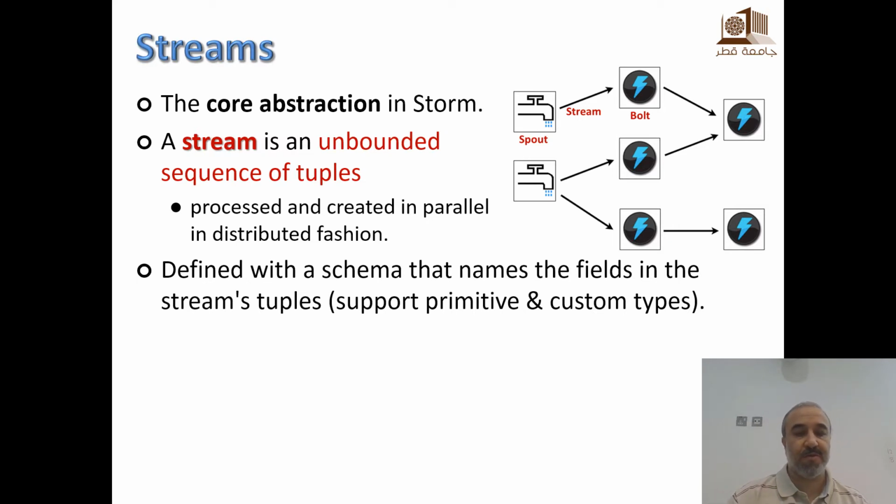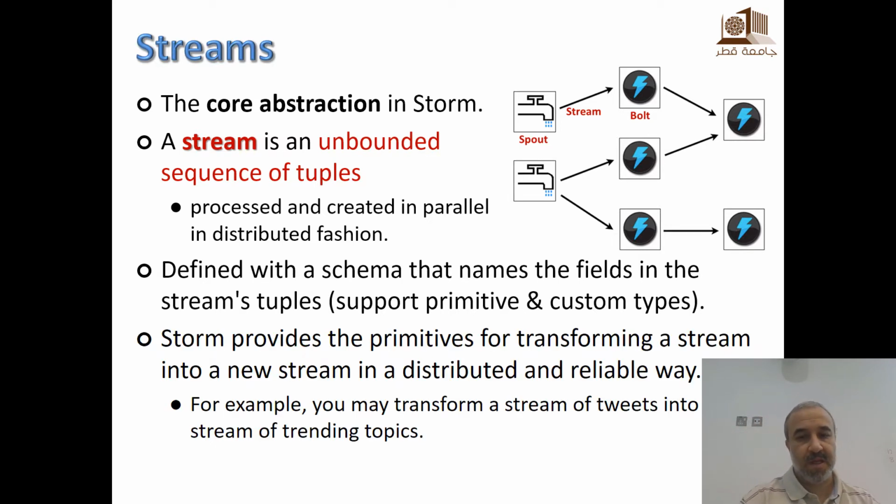Storm comes, of course, with support for primitive types within the tuples, and you can also define your own custom types. Okay, so that's what we mean by a stream, a sequence of tuples. And the tuples are actually structured, so you know the schema of each tuple. Now, for each stream, Storm provides in its API a way to transform that stream into another stream.